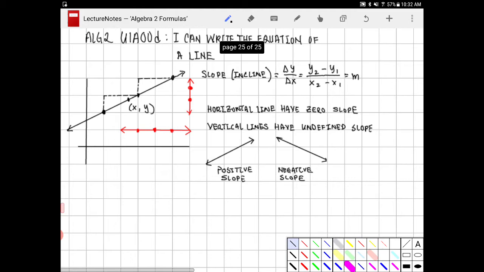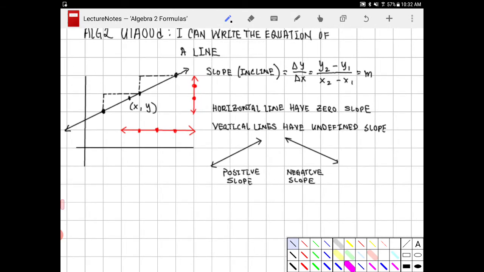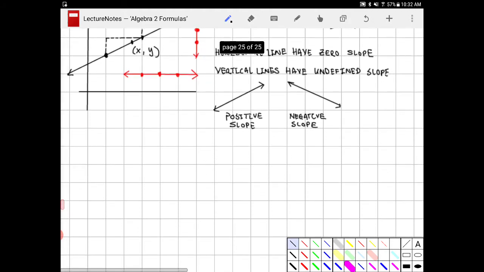And how do we write the equation of a line? So writing the equation of a line, actually, there are 3 different ways, okay? And again, I'm going to go through this a little quickly because this isn't the first time that you're seeing this, having gone through geometry and algebra. So